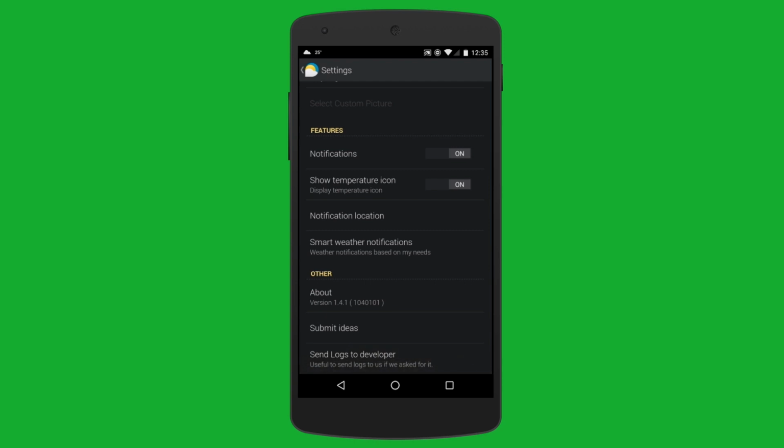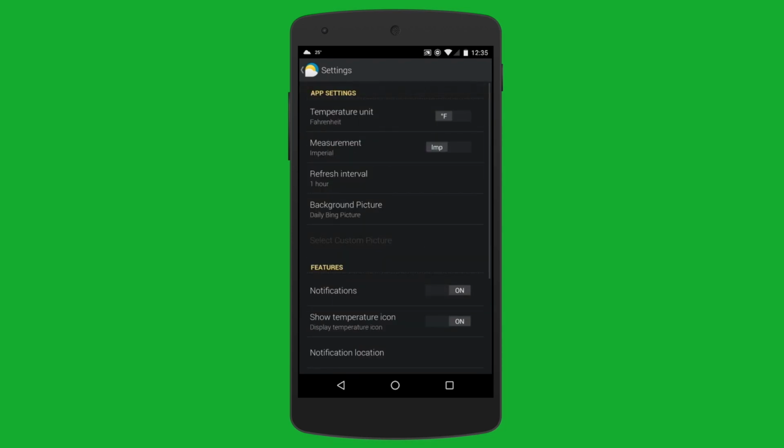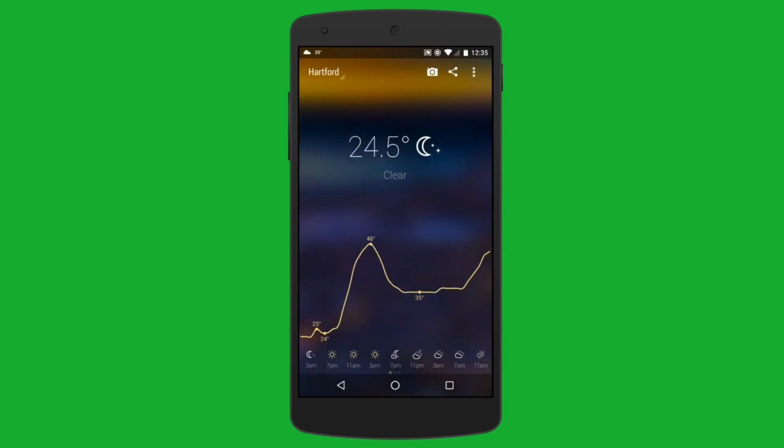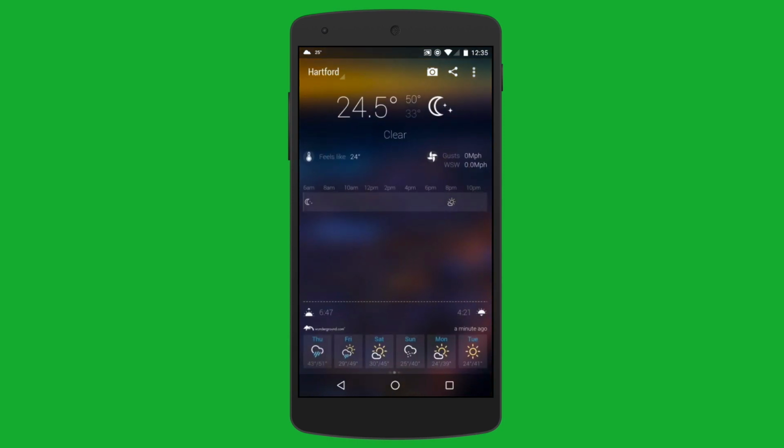You can submit ideas about and send logs to the developer. This is Bright Weather. It's a really cool app. Let me also show you one thing too when you're looking at weather inside the app. So down here at the bottom, you'll have your hourly thing, like every few hours, which is like every 4 hours. You can kind of see what the weather's doing. Then you can swipe right, and you'll have your 6-day forecast down there at the bottom, sun up, sun down. You've got bi-hourly, feels like 24. You got the wind, and then you can